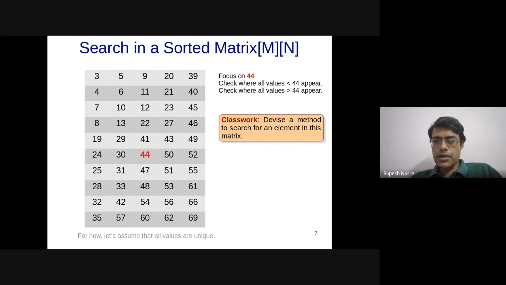Given an n cross m matrix, the right bottom element is the largest and the top left element is the smallest, so we can compare using these two. Yes, but beyond that, if you come somewhere in between, then it is not clear whether you are going to go to, let's say, bottom left or top right, because both of these might have values which are relevant with respect to the search key.